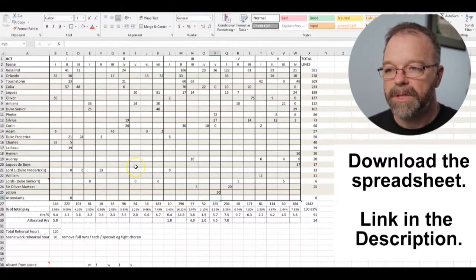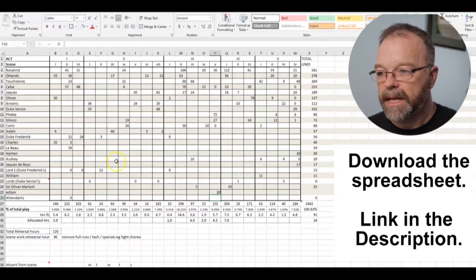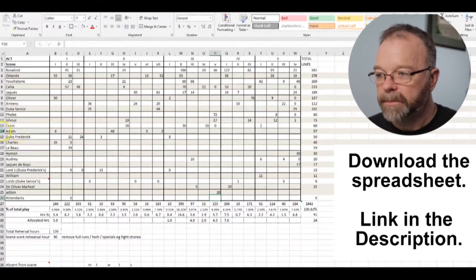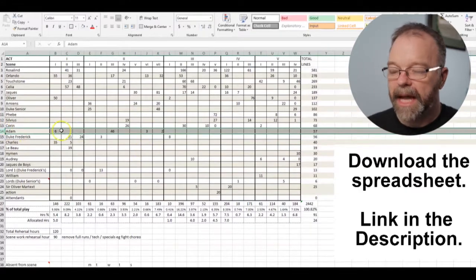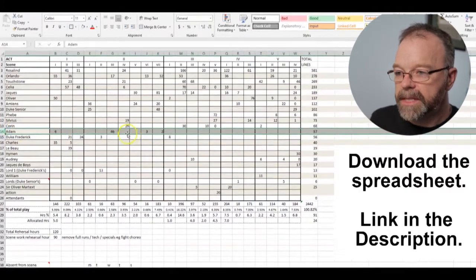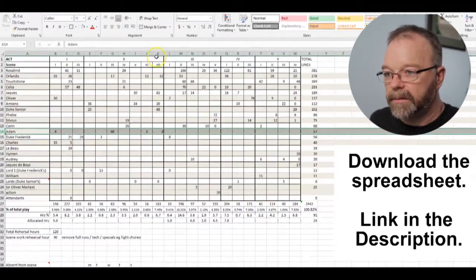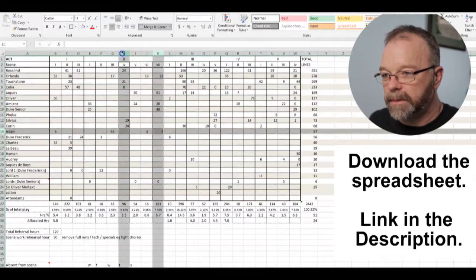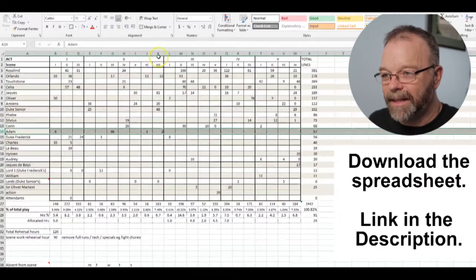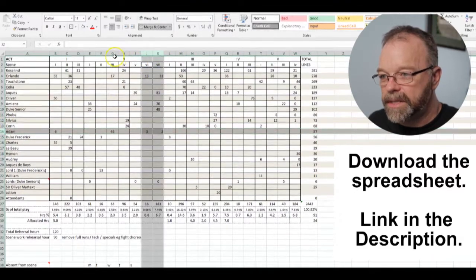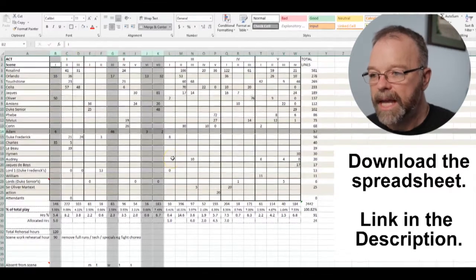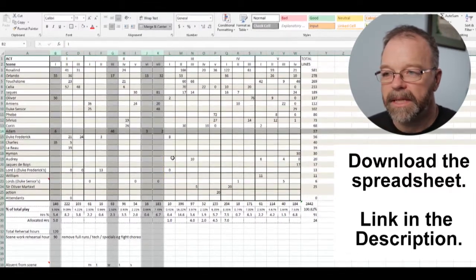And so what this helps you do is look at the scenes and go, well, let's say Adam. We take Adam and we say, okay, Adam's in 4 scenes. Who else is in a scene with Adam? Well, we can go, it's these people, not those people. Adam is in those scenes and that one. Great. So now we see Adam, but we also see the other people who are in these scenes with Adam.